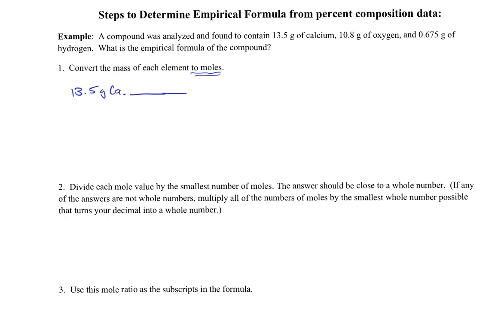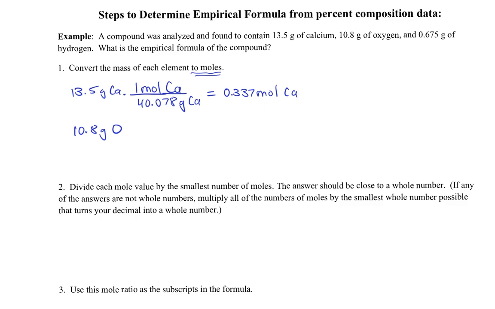And looking at the periodic table, I know that for every 1 mole of calcium, there are 40.078 grams of calcium. And when I get out my calculator, I determine that this is 0.337 moles of calcium. I also have to do this for the other 2 elements, and there are 10.8 grams